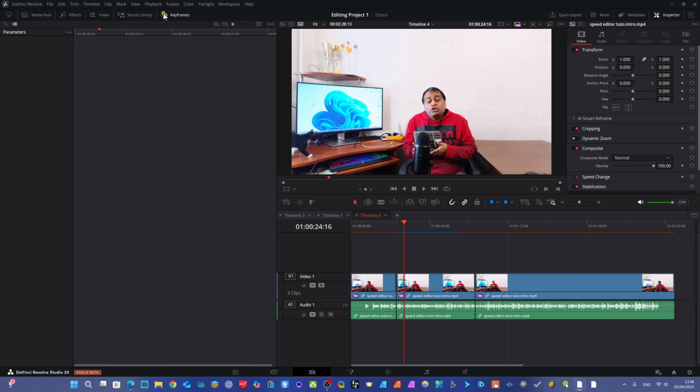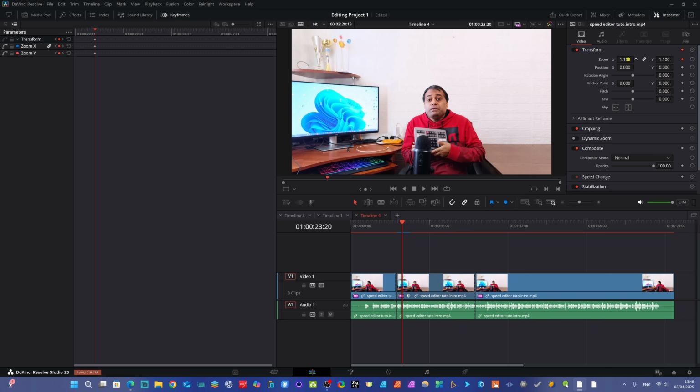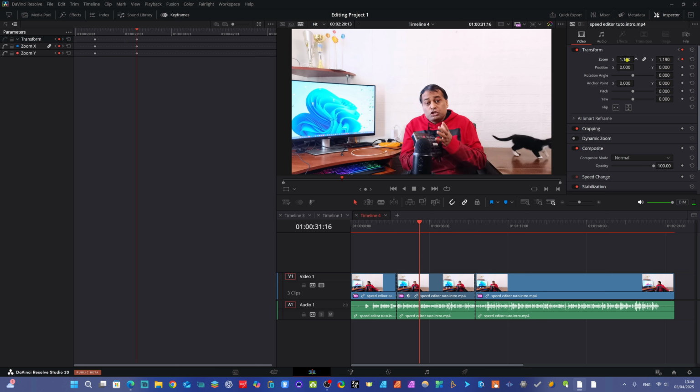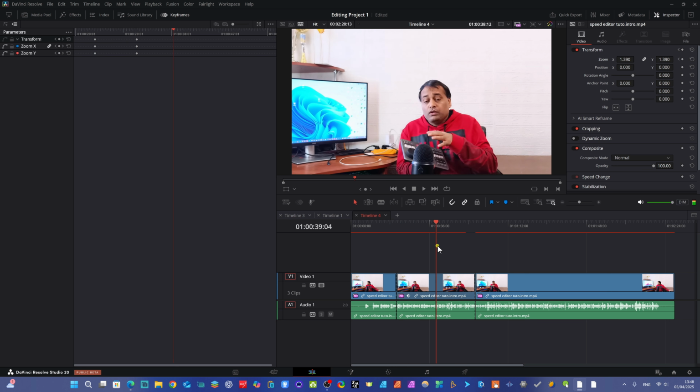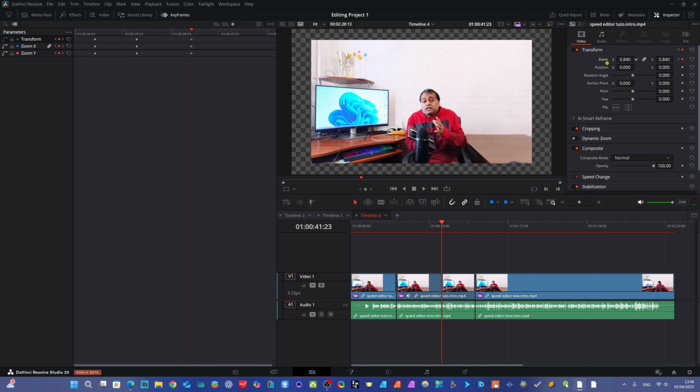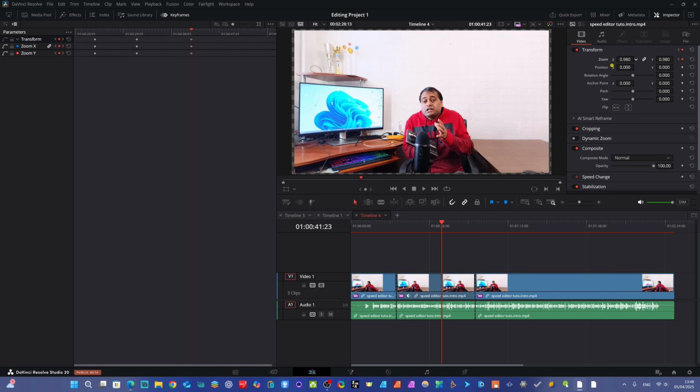You just click here and it will start working. For example, I want to start keyframing here for zoom. We just click here, and now our keyframing is active. You see transform, zoom and XY. Just we click, and I want to max like this, give a zoom effect here, and when our video will be here, we will give more zoom effect like this, and when our video will be here, we will decrease zoom like this way. You see, in this way.